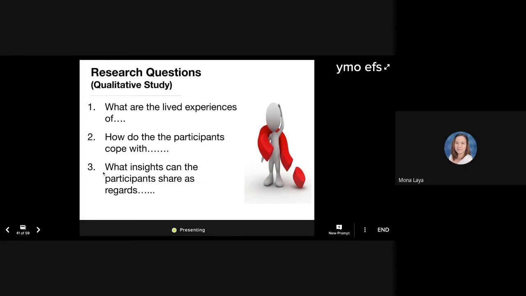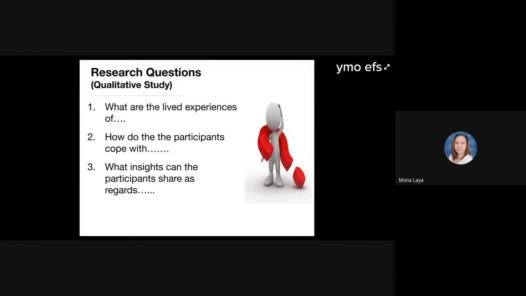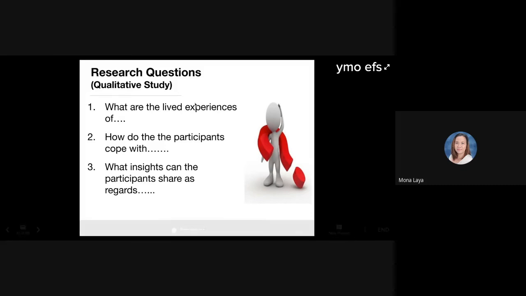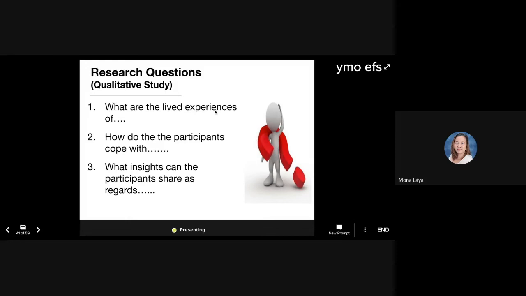Then you have coping. Then you have insights. Although there are some research questions that ask about what are the challenges, okay? But my advice, do not write anymore the question about what are the challenges. Bakit man? Kasi if you ask what are the challenges, it will actually come out in the lived experiences, yung mga challenges nila. So it would mean na magbalik-balik siya actually, malibog ka lang. So if you ask of the lived experiences, part na sa tanong mo is yung challenges nila. So after knowing the lived experiences, the challenges is yung coping na.